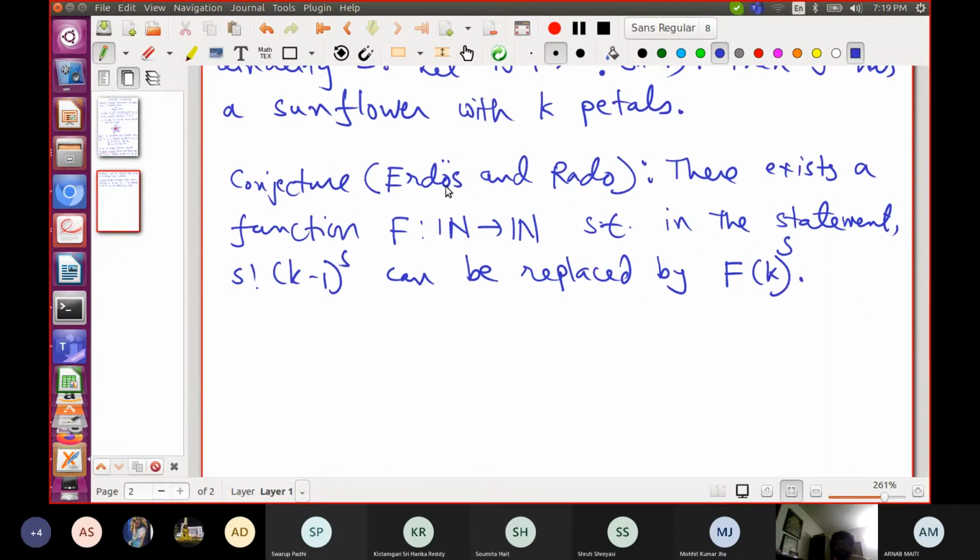The mathematicians who proved the lemma conjectured that you can replace this by some term which depends only on k to the power s. In particular, you can get rid of this multiplicative s factorial.